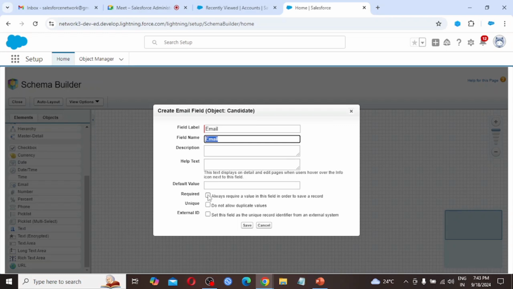So email I am making it required as well as unique, because for any candidate the mail ID should be unique. So Aman is having his email ID, Priya having her email ID, and again it is not going to make the duplicate. So it is going to be unique. Click save.